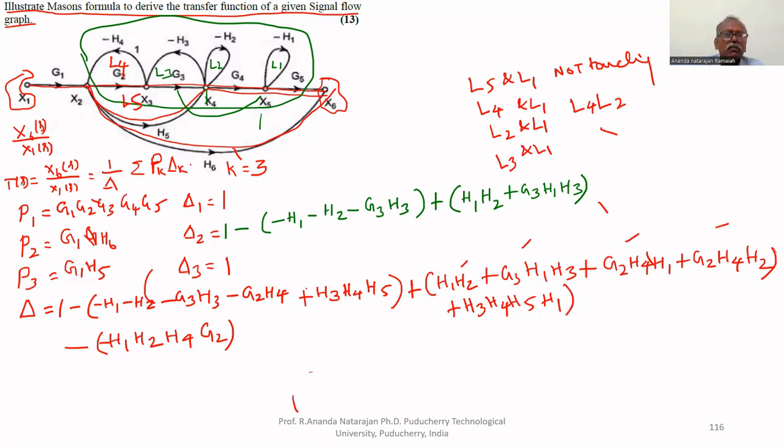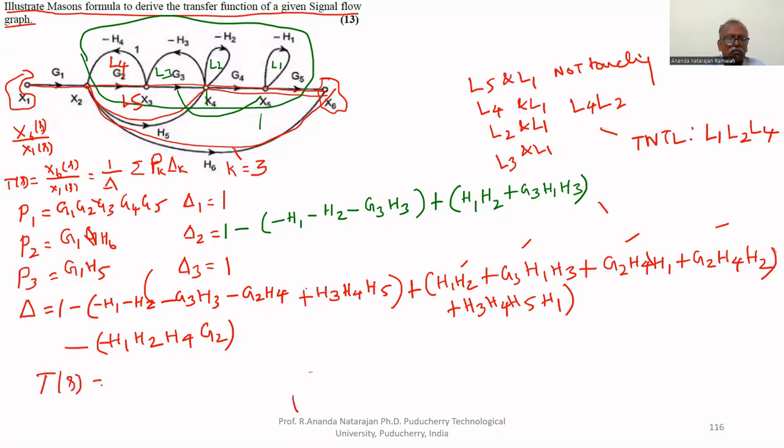And three non-touching loops: L1, L2, L4, that is H1 H2 H4 G2. These are the three non-touching loops. That's all. Therefore, the transfer function is